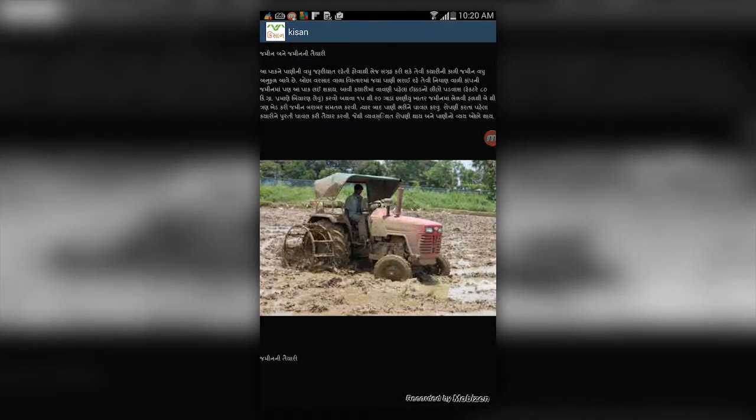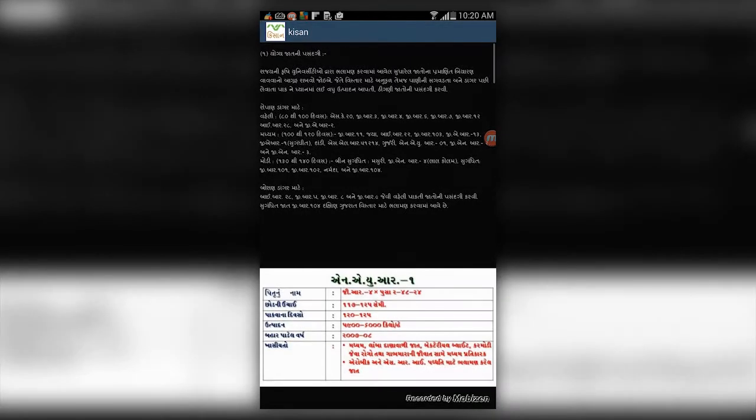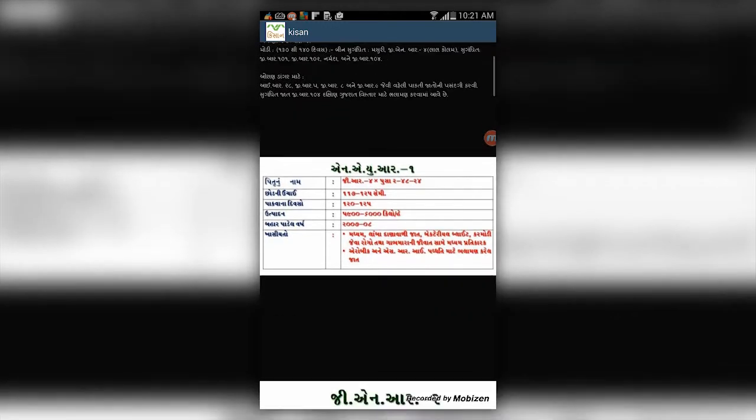Now see it here, it contains a photograph and general introductory information related to paddy. Then we'll go to the soil: what kind of soil it requires and what kind of atmosphere it requires is generally written here. Then the most important thing for the farmer's decision making, the selection of the appropriate paddy variety.